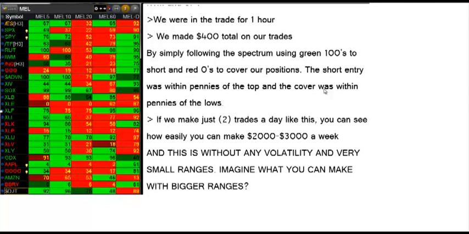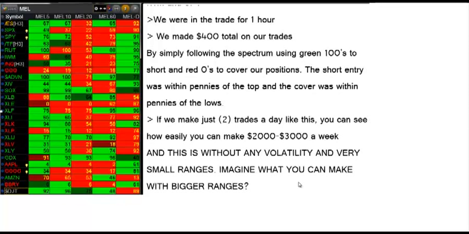But just making the trades like we made today at $400, you do that each day, and we're looking at $2,000 or $3,000 a week. And again, this is without any volatility. We have the VIX that's been declining, so the ranges have been very tight. Now, if we get a larger range with the spiders or IWM or even any of these stocks right here,